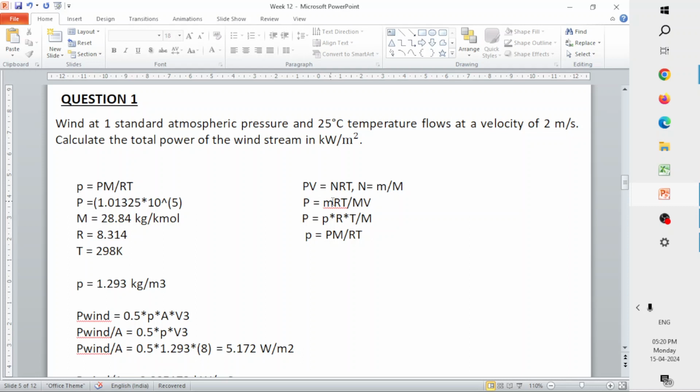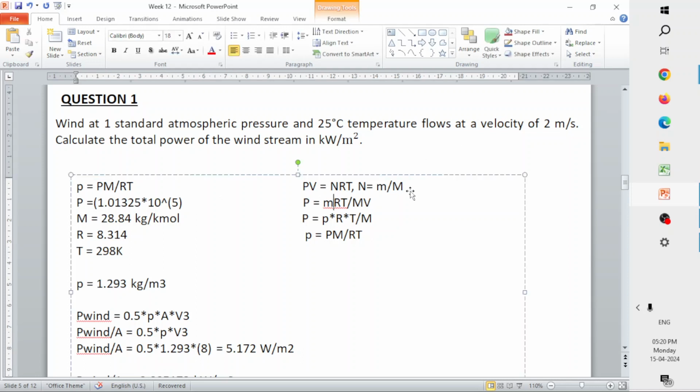So if you see, we assume that the air actually obeys the ideal gas law, and then we have proposed the relationship as PV equal to nRT, the ideal gas law equation, and from there we have derived that the density is equal to PM by RT. So we took n, the number of moles, as the ratio of the mass to the molar mass of the air. So when you substitute n is equal to mass divided by molar mass in the ideal gas law, you get mRT by capital M.